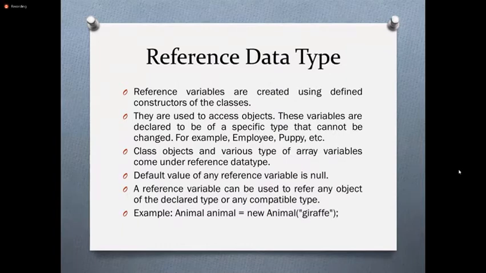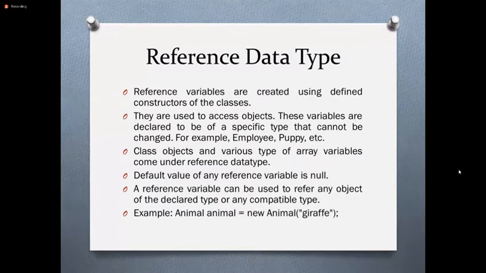Then these are used to access objects. Objects also we still haven't used. Then reference variables are declared to be of a specific type which cannot be changed. As an example, employee can be declared as a reference type.